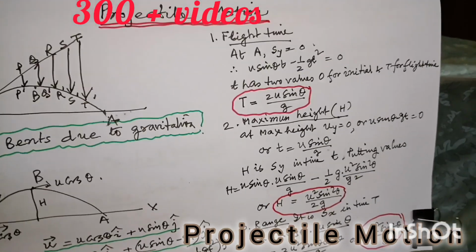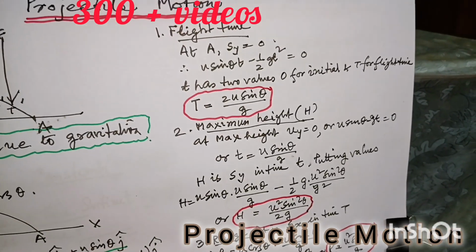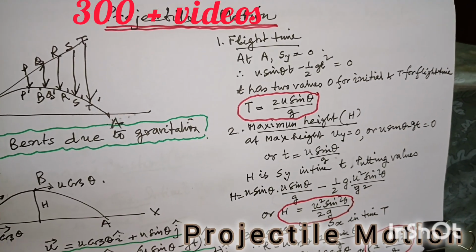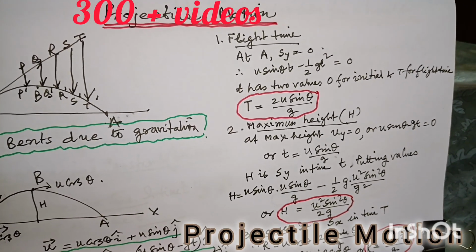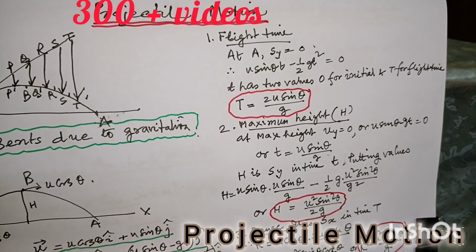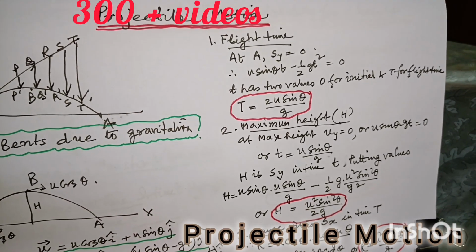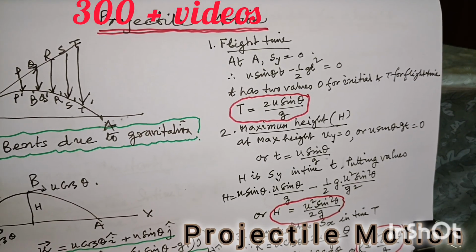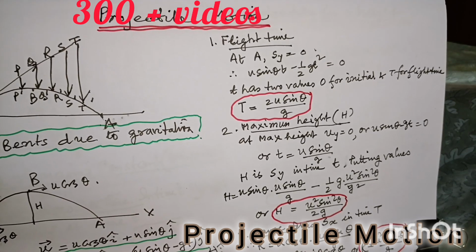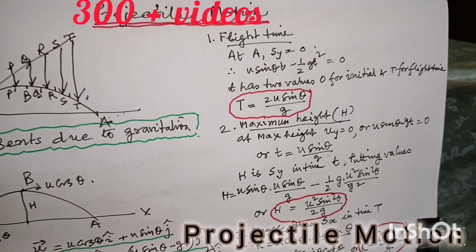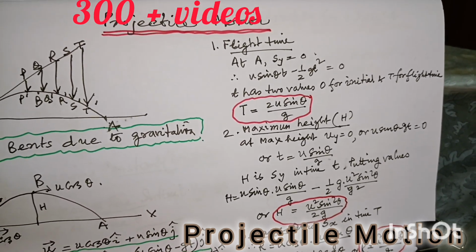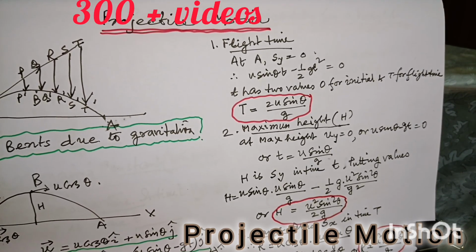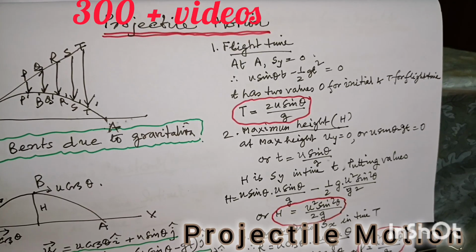Now, if we have to find out the maximum height, what is the maximum height? Here the maximum height is at B. When it reaches B, let the height be capital H, that becomes the maximum height. At B, the velocity of the projectile is horizontal only, because it is always along the tangent. So the tangent is horizontal. So at B, it has only horizontal velocity. Vertical velocity is 0. That means